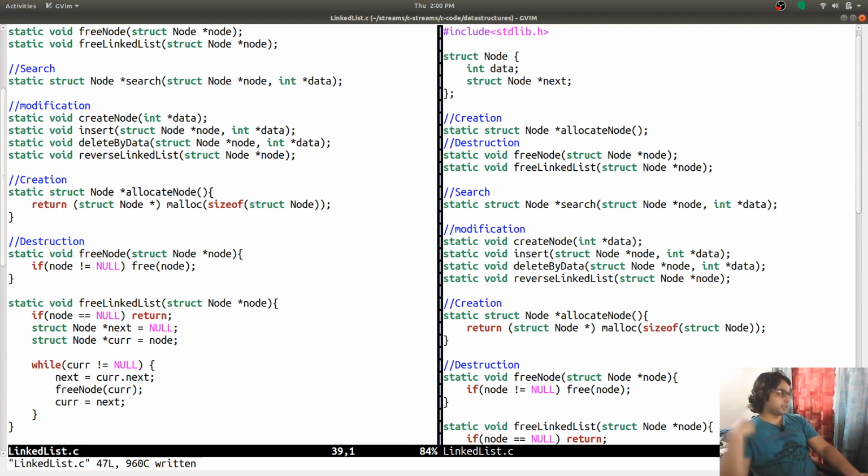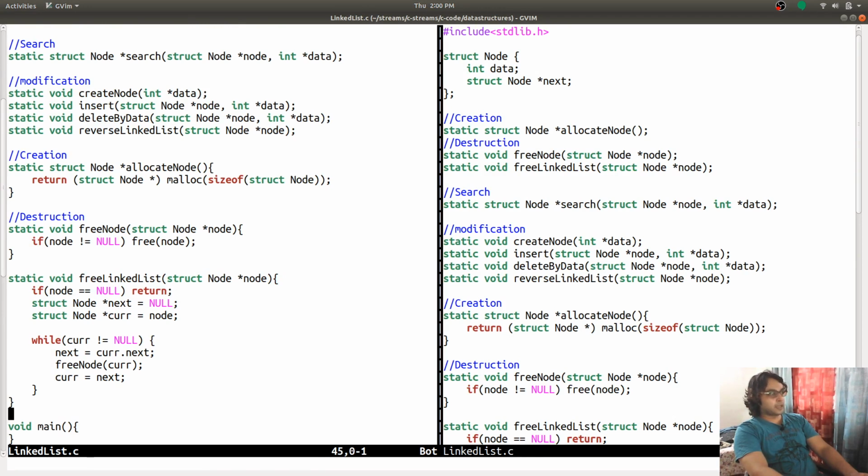This is what it is. While current is not equal to null, get the next, free the current, and reset the current to the next, and the process will keep moving on. So this is free linked list. I have freed the nodes, and I have made the linked list free. Then our next operation is search, so I'm going to implement that.